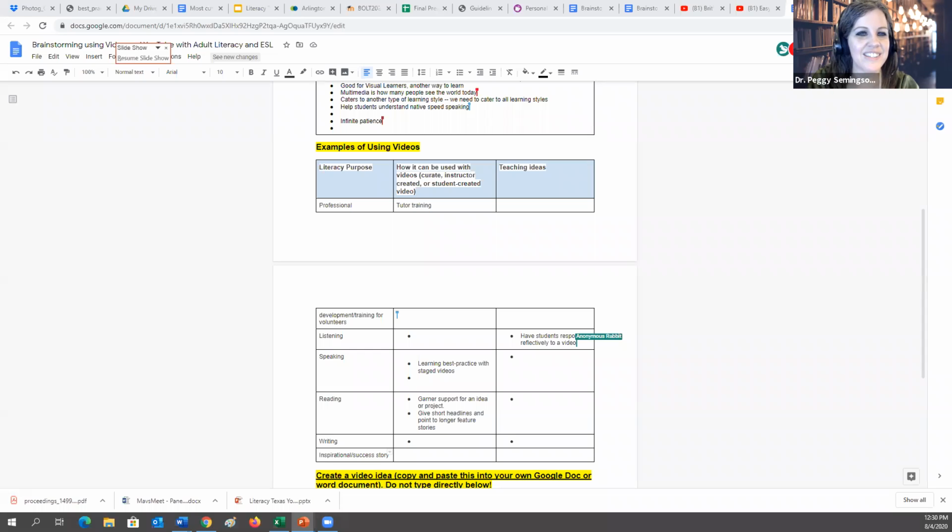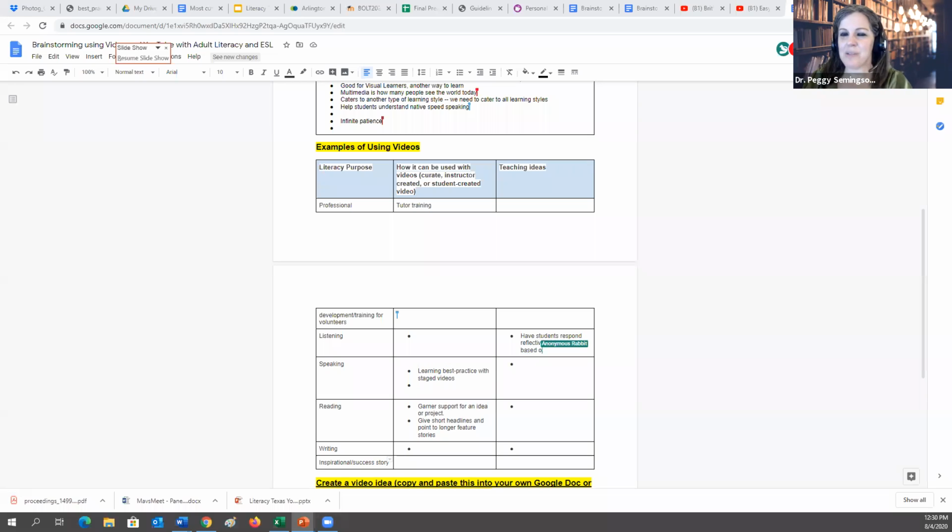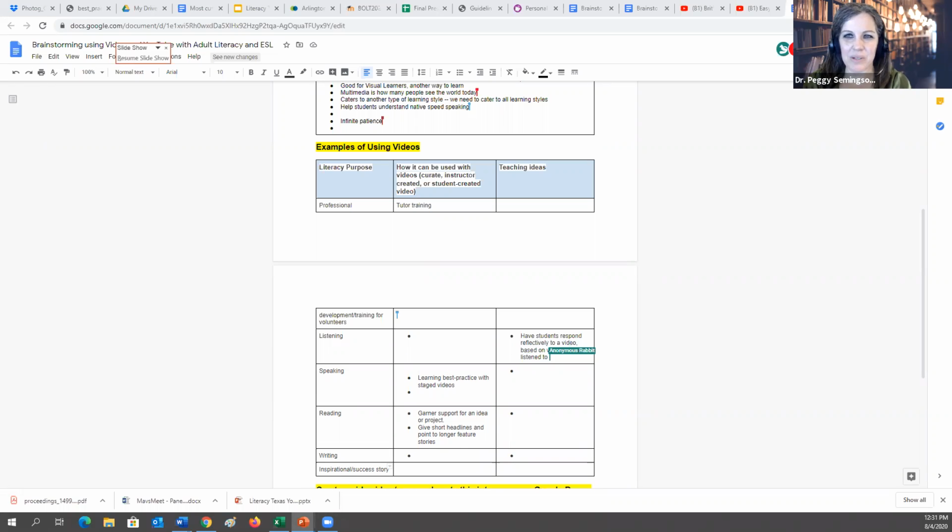Okay, so we've got ideas in the chat. That's okay. If it's too much, just read. You can be in what we call read-only mode, so you can read other people's, and that's participation. Okay, so listening to American pronunciation would be great. Volunteer training, math demonstrations. We haven't even talked about math. Thank you for noting that.